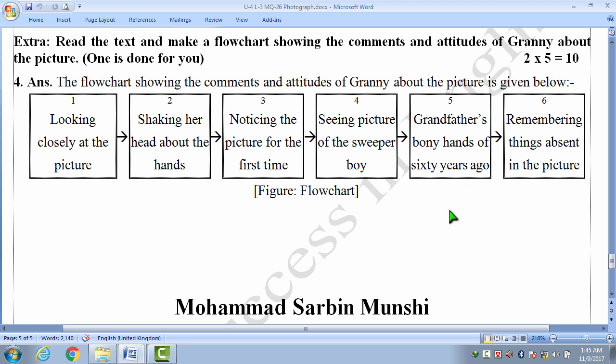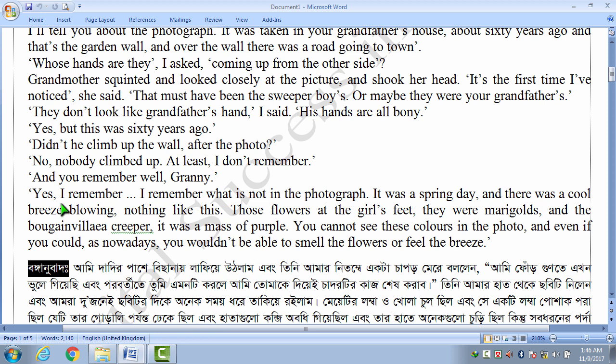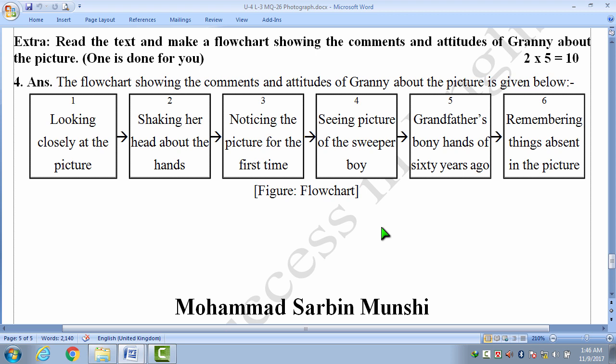এখানে 60 বছর আগের দাদার bony hands অর্থাৎ 60 বছর পূর্বে দাদার কঙ্কালসার হাতের তথ্য এখানে তুলে ধরা হয়েছে। Remembering things absent in the picture, we are going to the passage. Yes, I remember what is not in the photograph. হ্যাঁ, মনে পড়ছে এই ফটোগ্রাফে অর্থাৎ ছবিতে যা নেই তা আমার মনে পড়ছে। এটা দাদি কমেন্ট করেছেন।